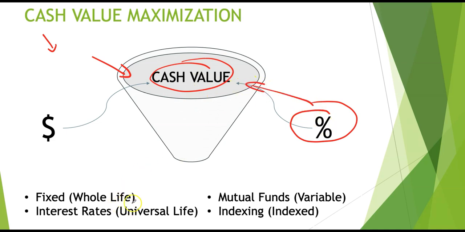So if somebody's trying to set up a whole life insurance policy, this rate of return is going to be fixed. It's going to be known as a dividend rate that's getting paid. So regardless of whatever's happening in the market, that dividend rate should be pretty consistent. Now, it could be high, it could be low. It really just depends upon the carrier.